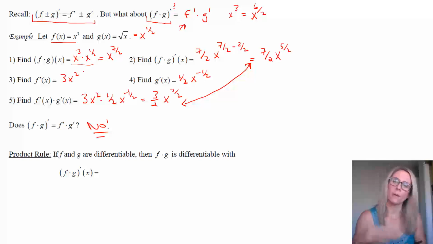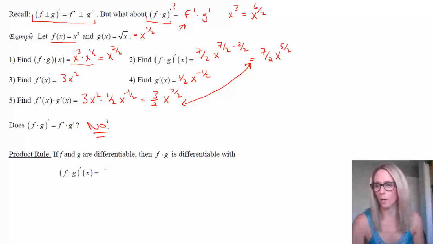But a lot of the time you'll have maybe a polynomial times a trig function. In future material, you'll see a polynomial possibly times an exponential, or an exponential times a trig, or a logarithmic function times a trig, or a polynomial, or whatever. So you have all sorts of combinations. In those cases, you'll really see that you can't just take the derivative of each thing and multiply them together. So here is the product rule.